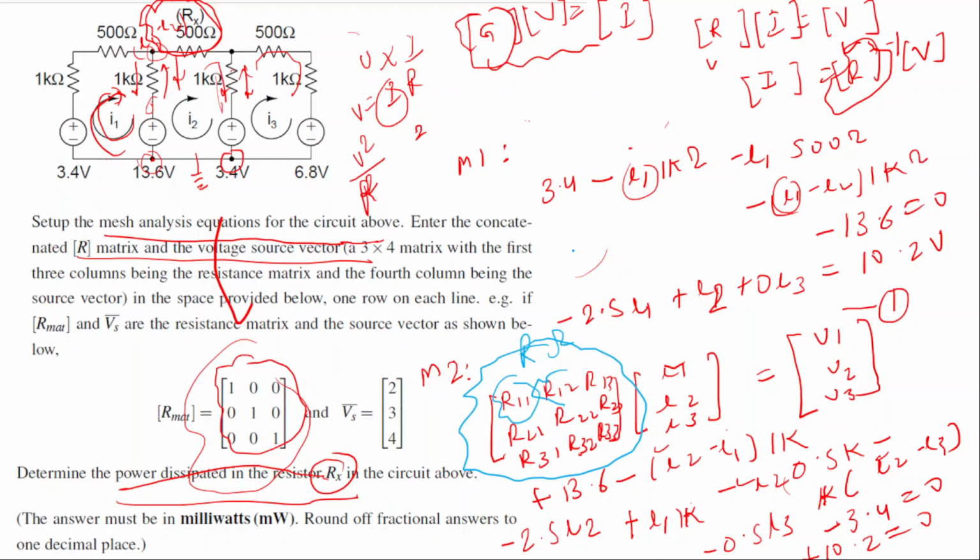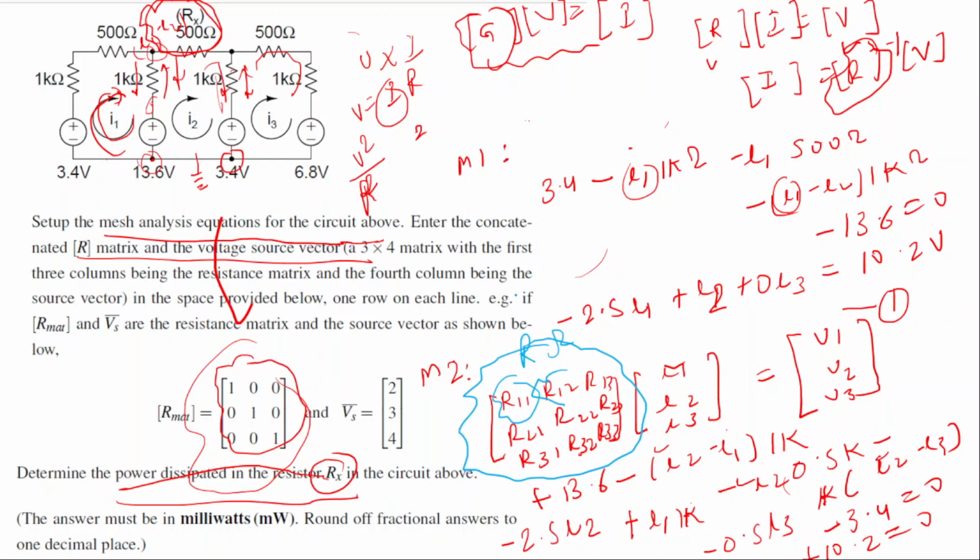So whatever term for resistance is asked, you will get the positive value only. Whatever sign convention you take, whatever direction you take, that will be positive only. That you should be clear about.